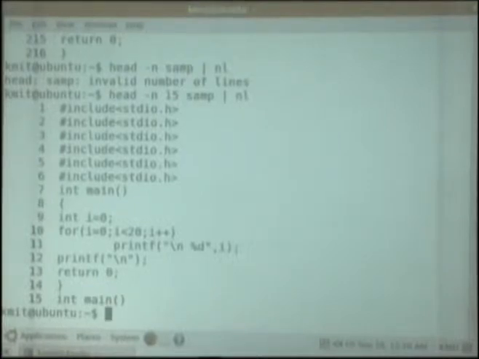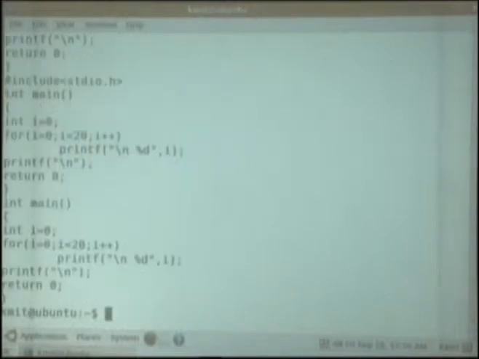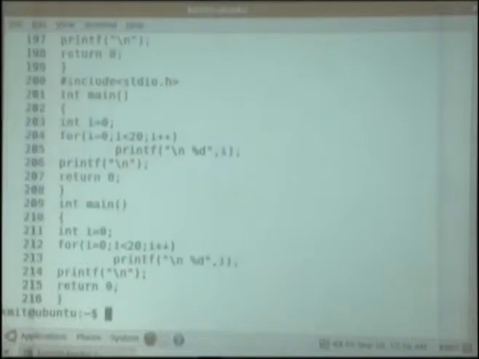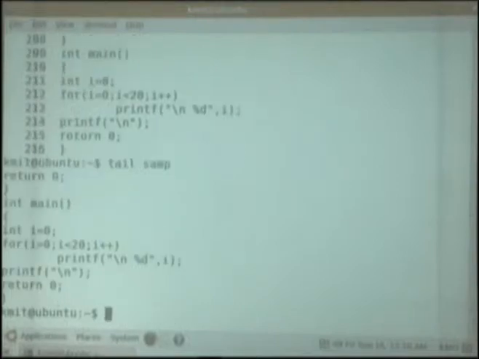Similarly, if I am interested in seeing the last 10 lines, we can easily see them: tail samp, from the bottom it prints the last 10 lines. Can I combine this with the nl command?